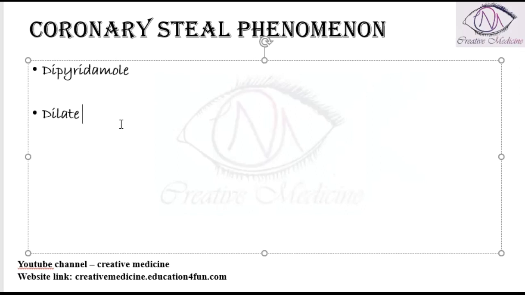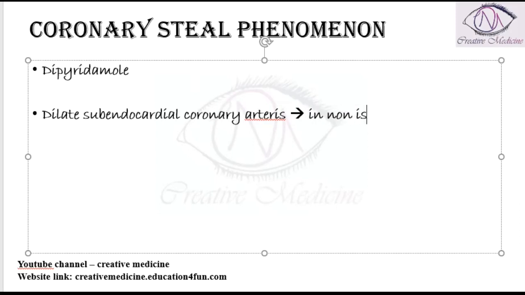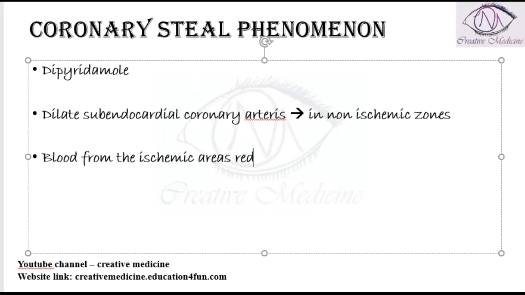This will dilate the subendocardial coronaries. So it will dilate the subendocardial coronary arteries. These subendocardial coronary arteries which are present in non-ischemic zones are dilated. So as a result, what happens? The blood from the ischemic areas will redistribute, or they will go into the non-ischemic areas because of the dilatation of the coronary arteries in